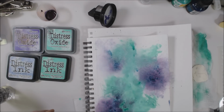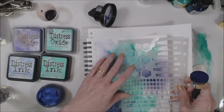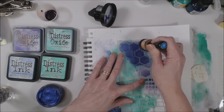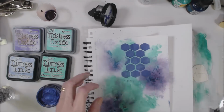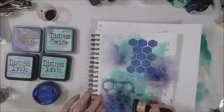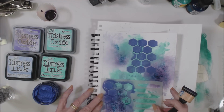So step 4 is pearls. I have this pearly metallicized product that I'm going to use through a stencil. This is a hexagon stencil, not an octagon. I don't have an octagon stencil. Oh my goodness, I'm stuck on these numbers. Hexagon, octagon, whatever. I'm going to apply that to my page with a purpley color,